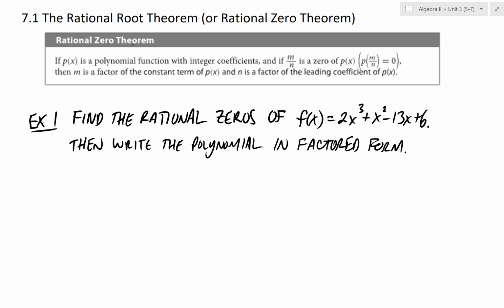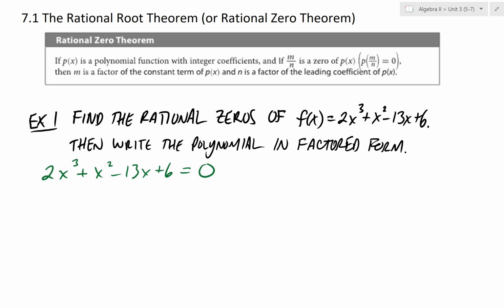So let's break down what this Rational Zero Theorem is saying in relation to the first example. Not all polynomials have rational roots or rational zeros. When we're looking for a root or a zero of the function, we're looking for some x value that we can plug in that will make this equal to 0. So that's called a root. If we can find an x value that does that, that's called a root or a zero of the function. And so